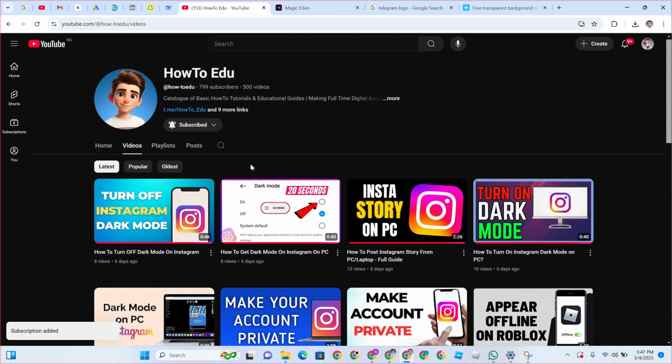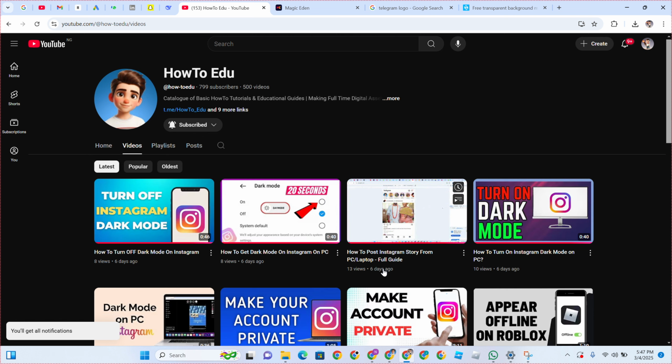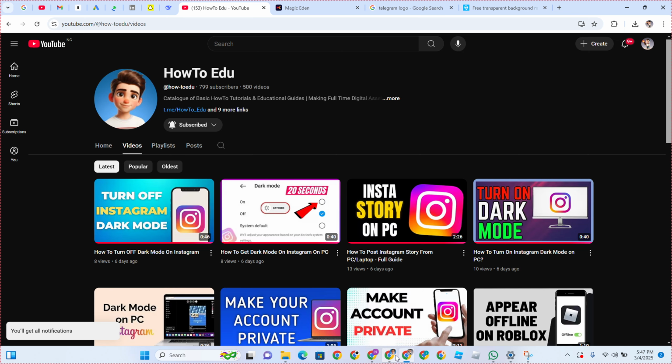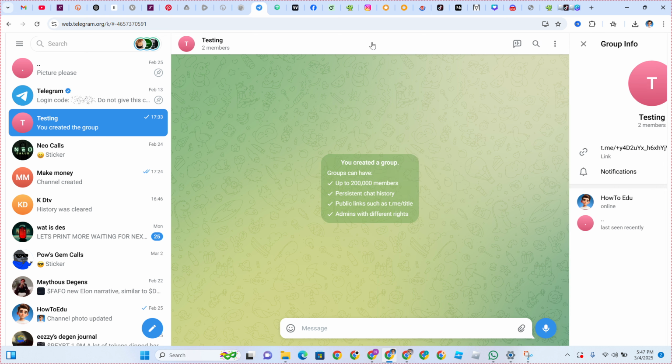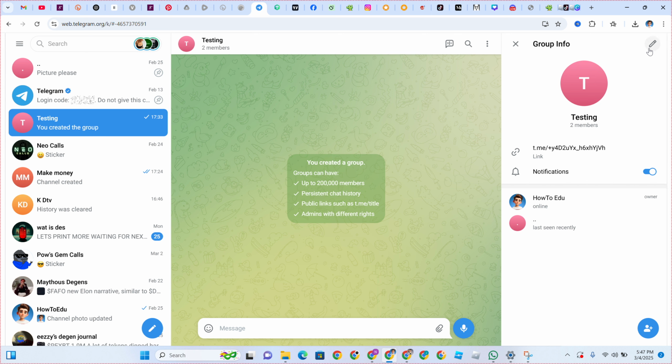Head over to your Telegram account. I want to show you all what you need to do. Head over to your Telegram account. So this is basically a testing group, right? And if you'd love to restrict people from saving content on your group, click on this arrow icon,